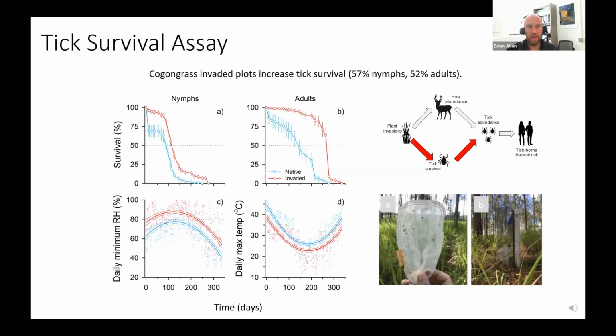If you're not familiar with the pattern of temperature and humidity throughout the day, temperature tends to peak in the middle of the day and humidity tends to be at the lowest in the middle of the day. And then it's the inverse at night. So temperature and humidity basically follow opposite patterns over time. And what we found is that